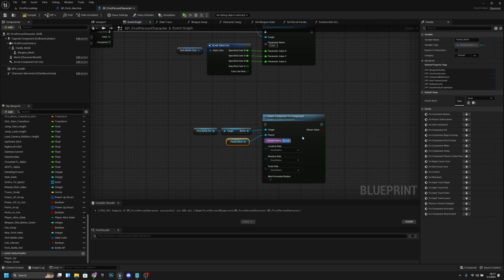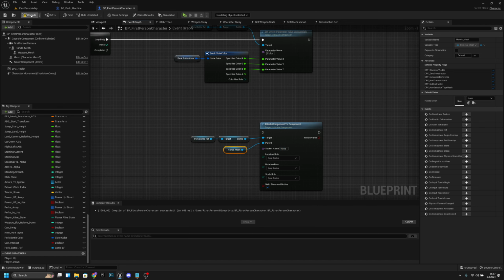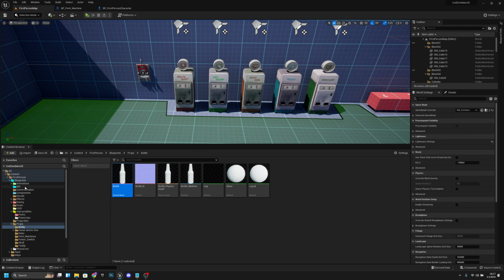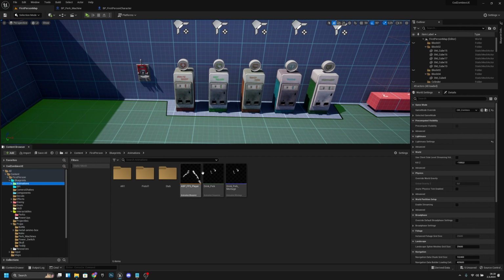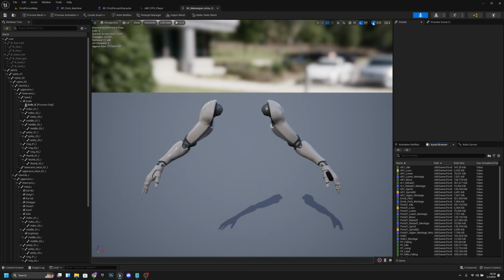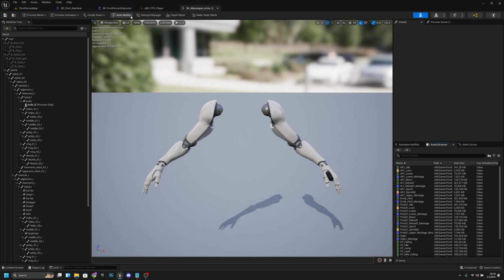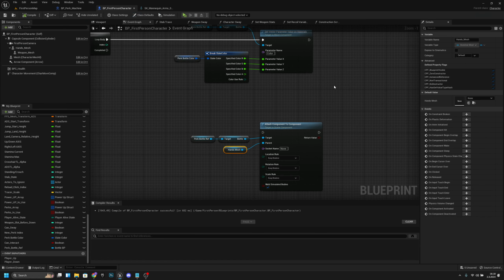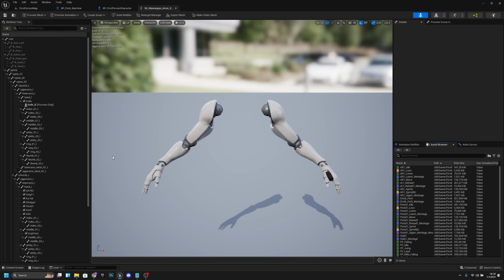Oh, we have to create the socket first. Okay, let's do it. Let's compile, save. Let's go to the first person map. Let's go to our animations and here to the APP. I think this is the easiest way to get to the skeleton. I never remember where the skeleton file or whatever is. So, okay, now that we're here on the skeleton, we want to get the